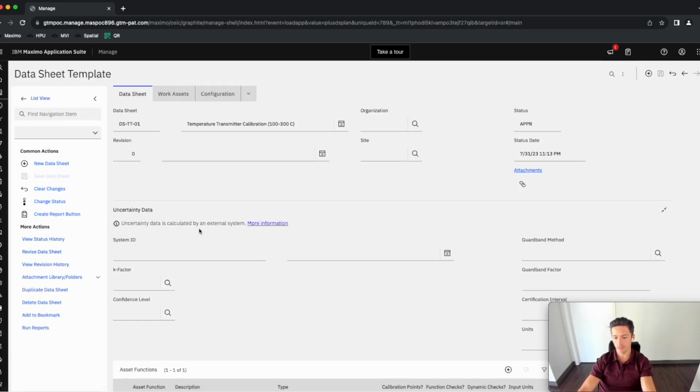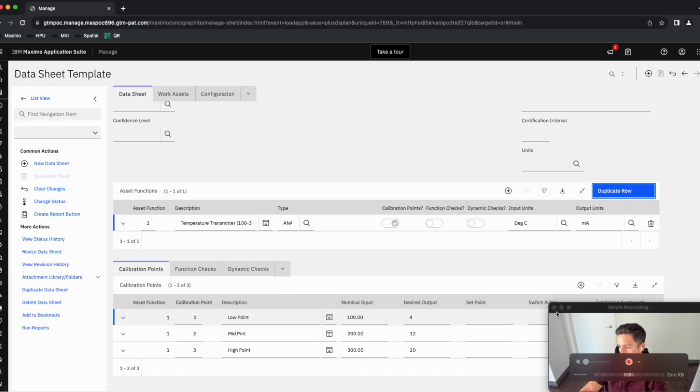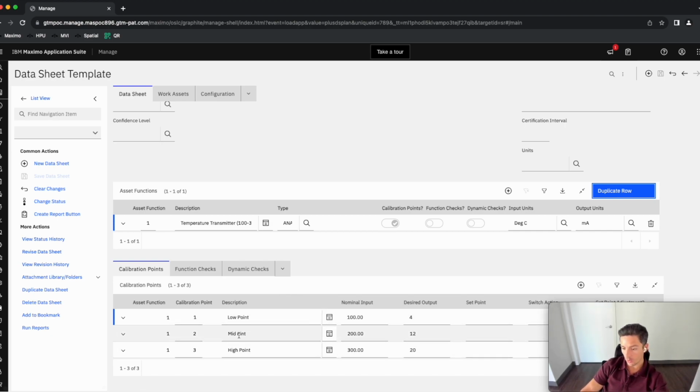our temperature transmitter. And if we scroll down, we see the asset functions tab, which is where I can begin to understand what inputs and outputs of the test we have, as well as the tolerance that we set for each. Now, down below is where we set each calibration point. That'll give us the points in which we can test against the equipment. And here we see low, mid, high point, and the nominal and desired input and outputs that we have specifically